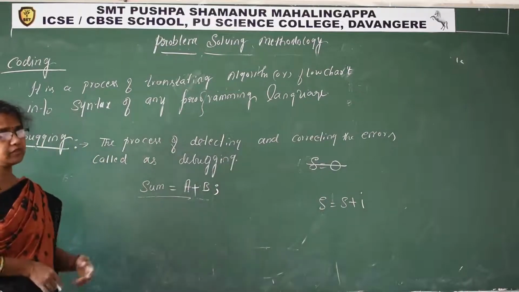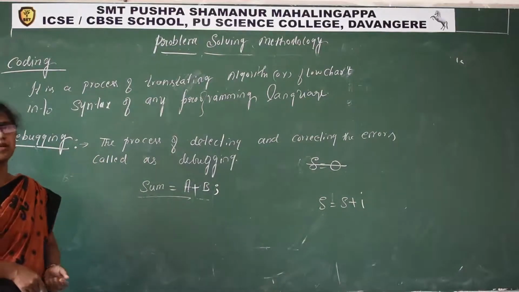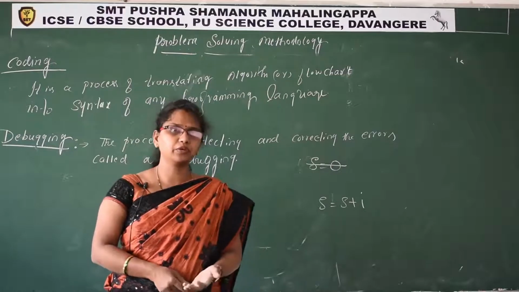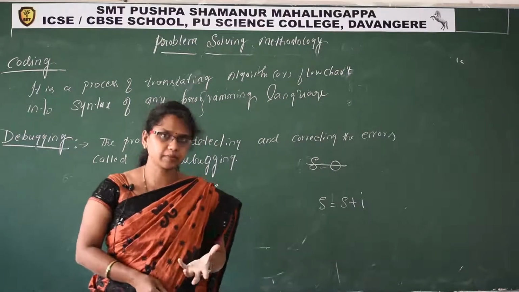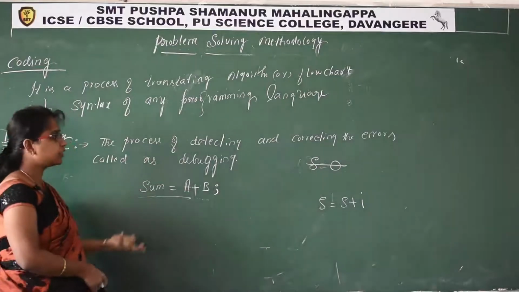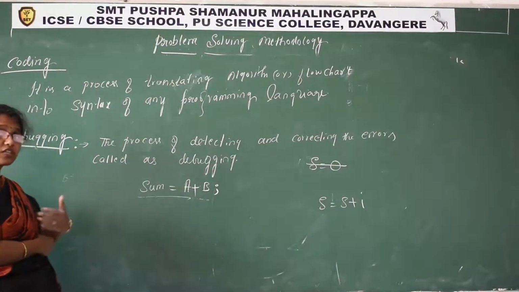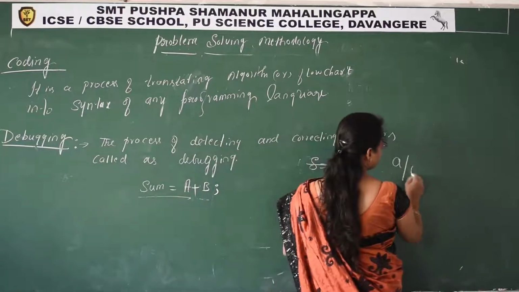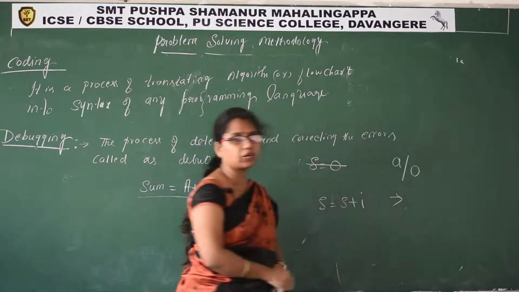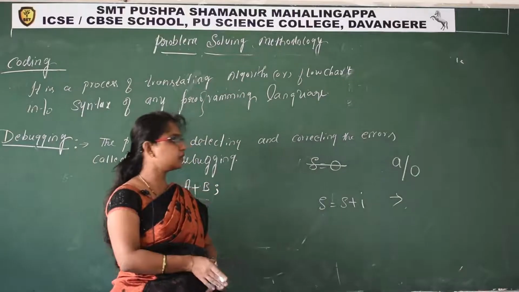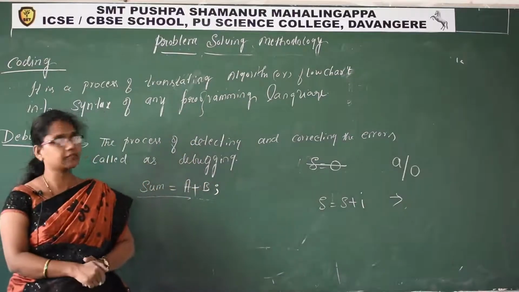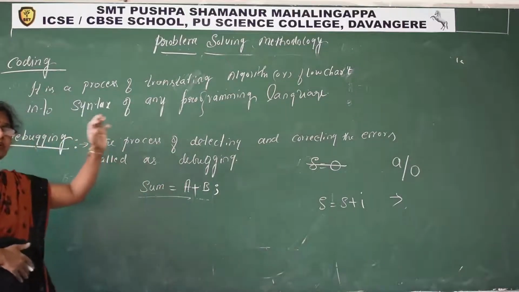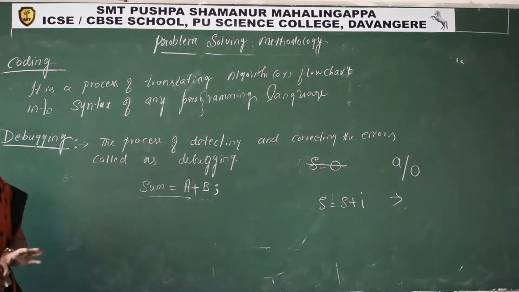runtime error. Runtime error means during execution of a program, after writing everything in the program, now it is ready to execute. It means user has to input a value, then program calculates sum and it displays the result. During that time some errors will be displayed. In which cases that error will come? See, anything divided by 0, if a divided by 0, then it gives error. That error we call it as a runtime error, that appears in the runtime. During execution we will get that error. That's why we call it as runtime error. So again I'll explain these errors when I come to programming part, so that you can understand very clearly.